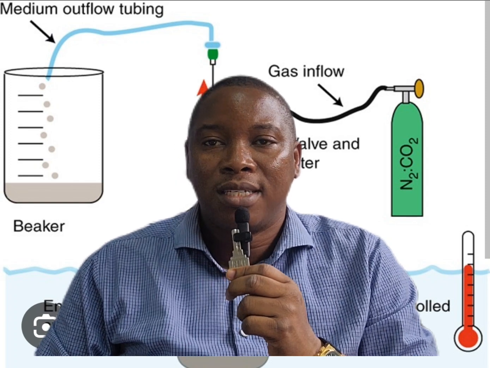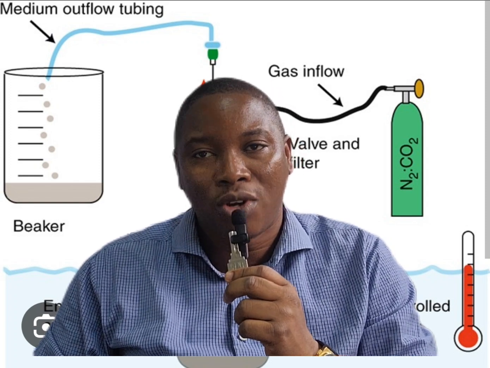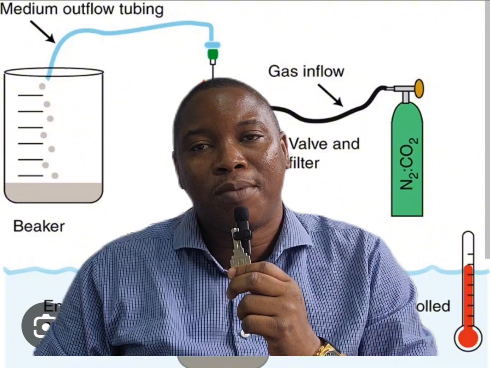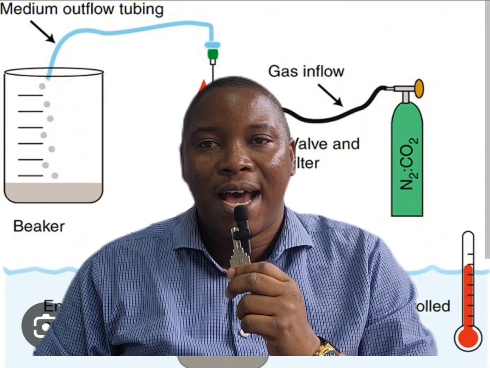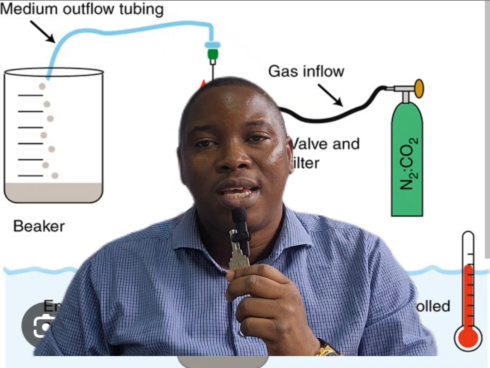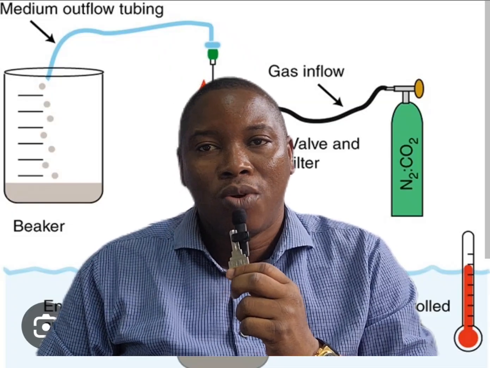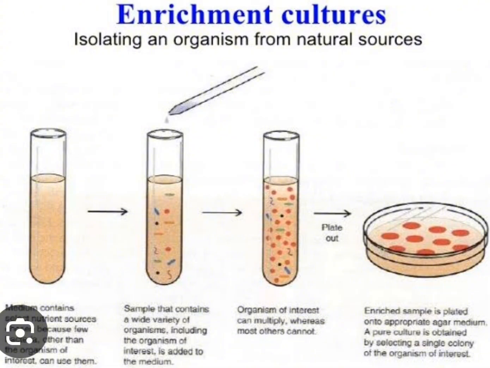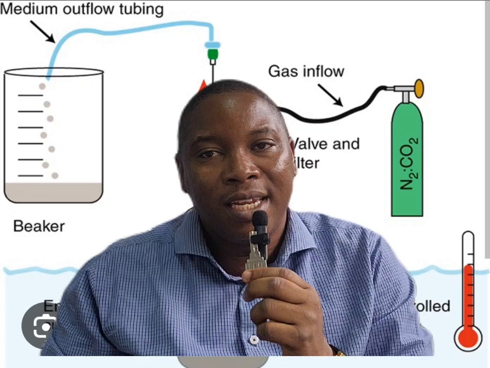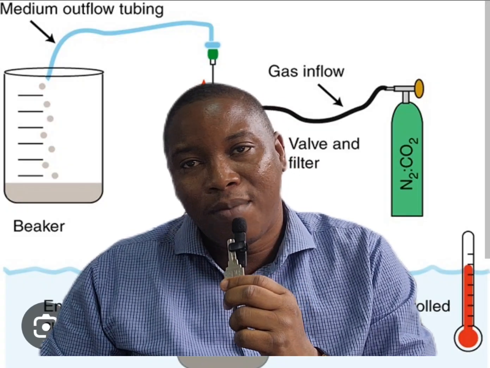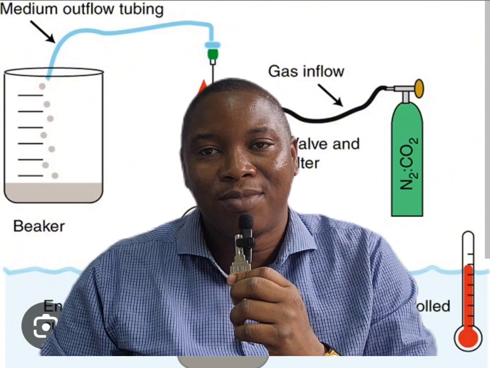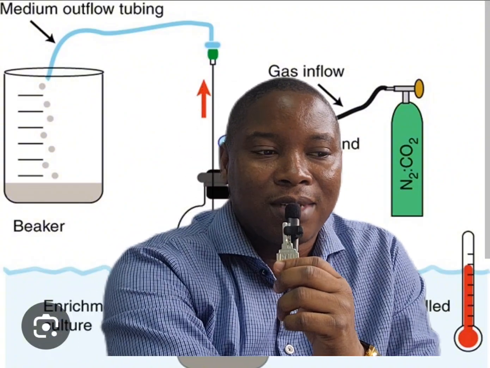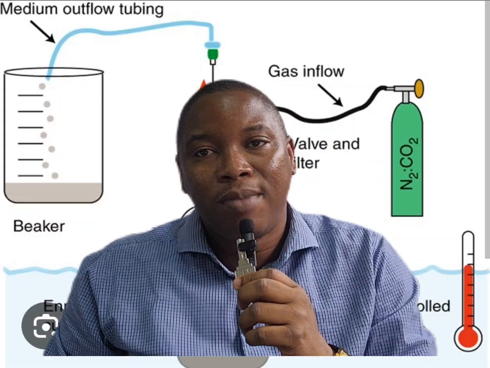And this is important. It's important because many times we want to study a particular organism, want to take out time to understand the features, the science, the microbiology of particular organisms. And it might be quite difficult to do this if you are growing them in competition with other organisms. And so this is important. It's important for us to remember that it's about the environment and the nutrition, manipulating the environment and the nutrition in such a way that it favors the growth of particular organisms to the detriment of other organisms. And this is what is done in enrichment culture.